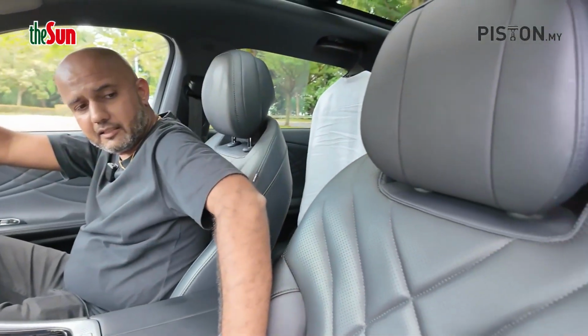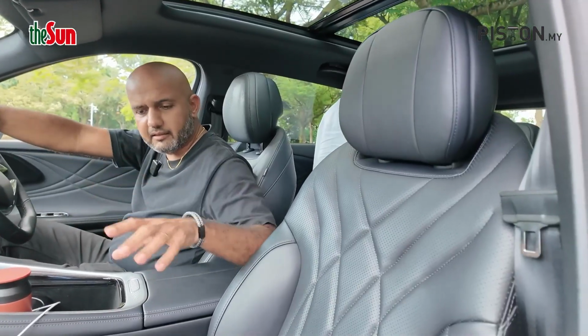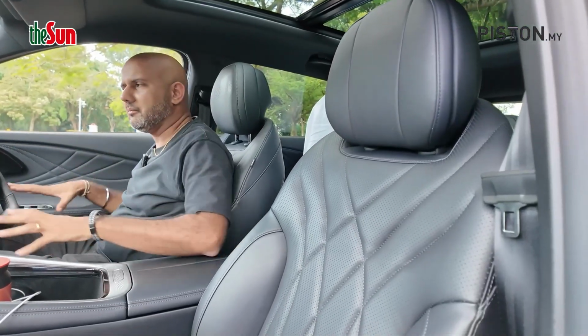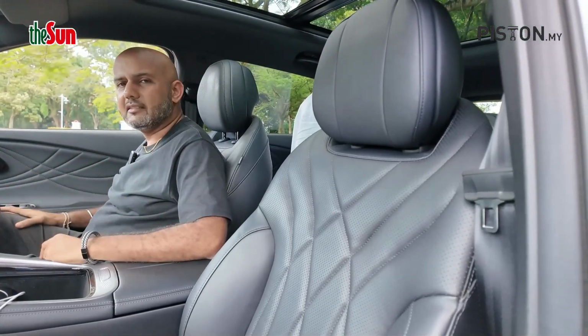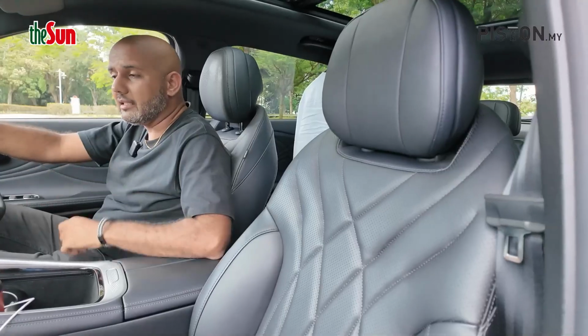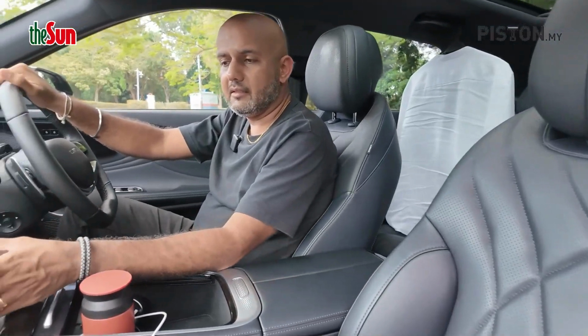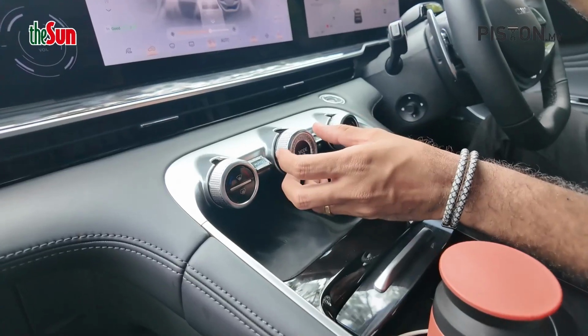I mean, these are great seats. They're a little bit on the harder side. You don't really sit nicely in them. It feels like you're sitting on them rather than sinking into them and having them hold you in place. But that aside, these 3 dials over here, this is for your air conditioning controls, and this is for your